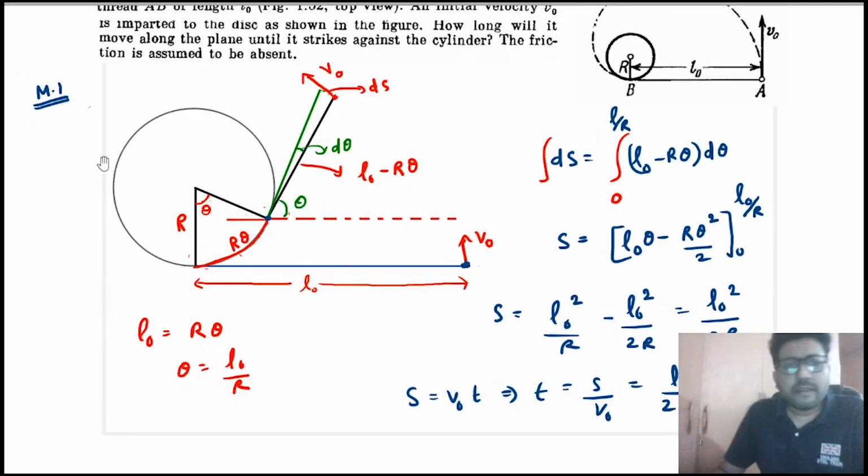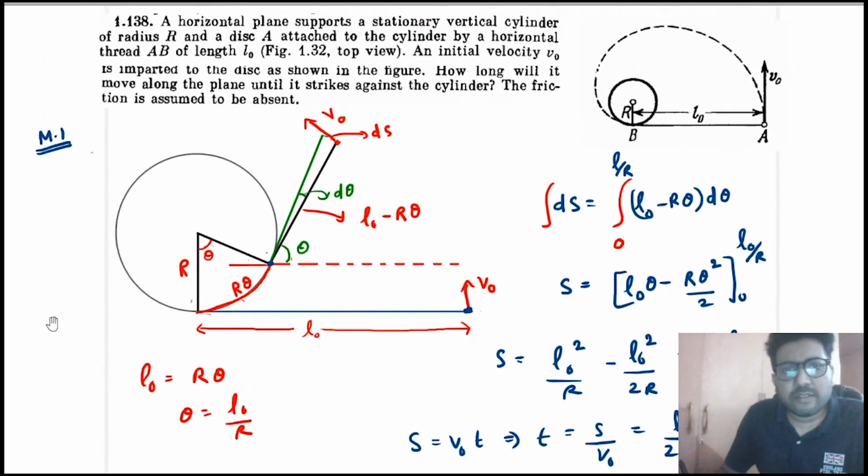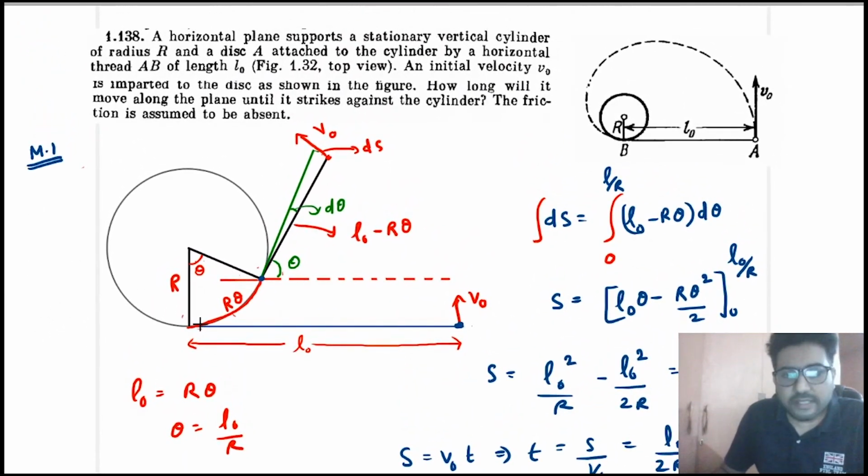In this question, angular momentum is not conserved. Why is the angular momentum not conserved? Because in this case, the center of the circle made by this disk keeps on changing. So if the center of the circle keeps on changing, the angular momentum of this disk is not conserved. One more reason is that this cylinder is fixed. If this cylinder was free, then the angular momentum would have been conserved, but then the cylinder would also be rolling in the left direction, which is not the case. In this question, the cylinder is fixed, so the angular momentum is not conserved.